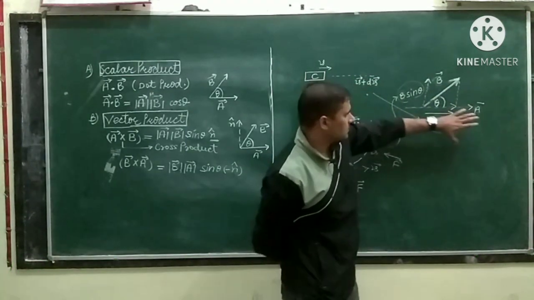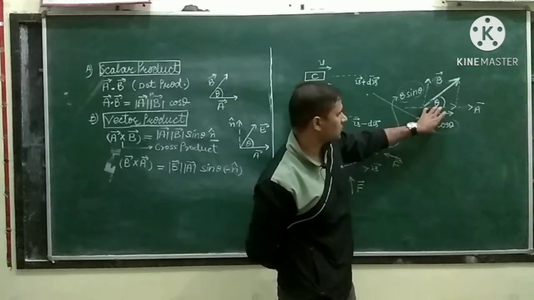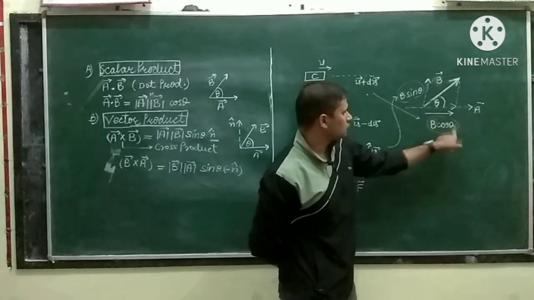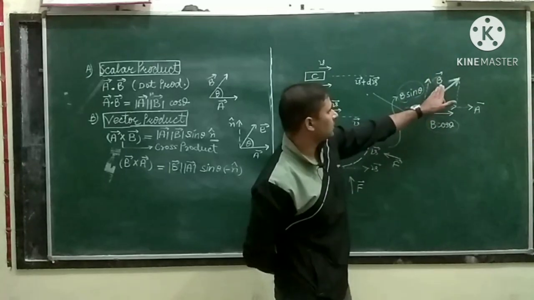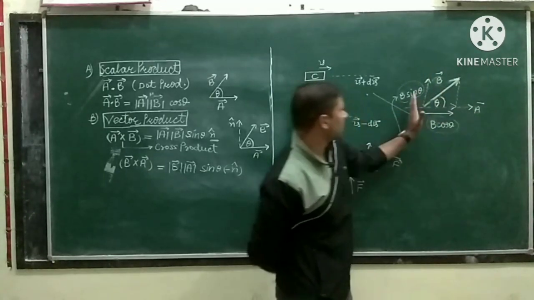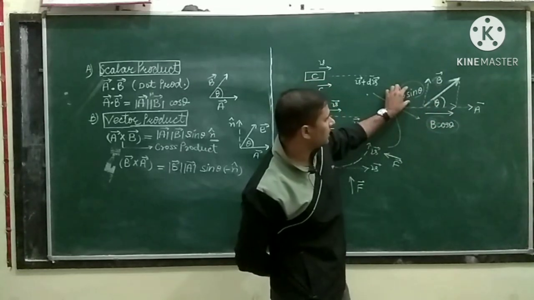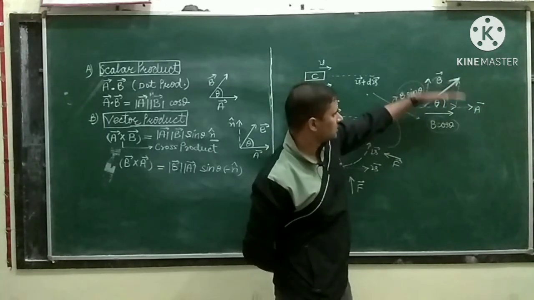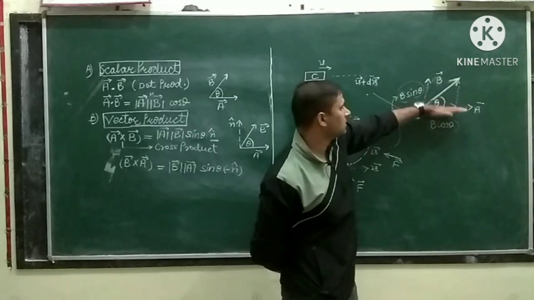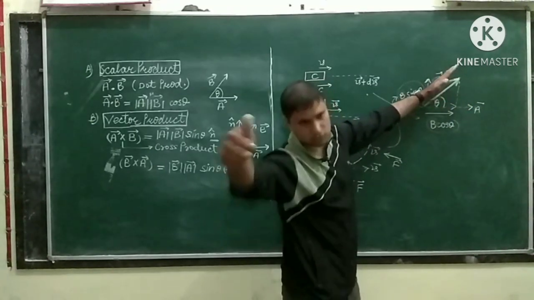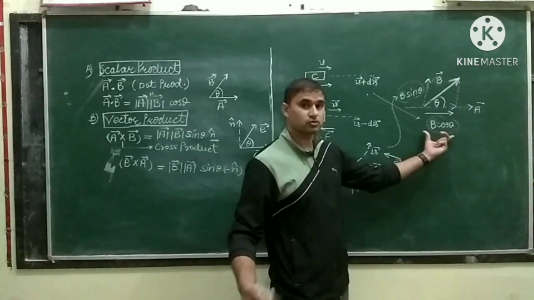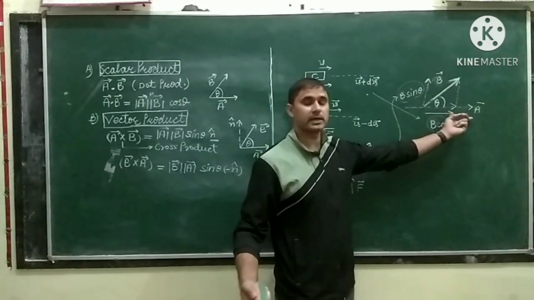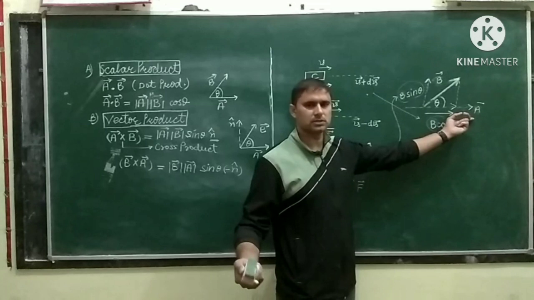So if you find the resultant net effect in the direction of vector A, it will be A plus b cos theta, and in this direction it will be, this is vector A and this is b sin theta. So this component will not change the magnitude of A. Because of this component of second force, there will be a turning effect in the direction of first force. This effect of these two rectangular components of B, second force, on first force, or you can take a vector of your choice, velocity or any other vector,